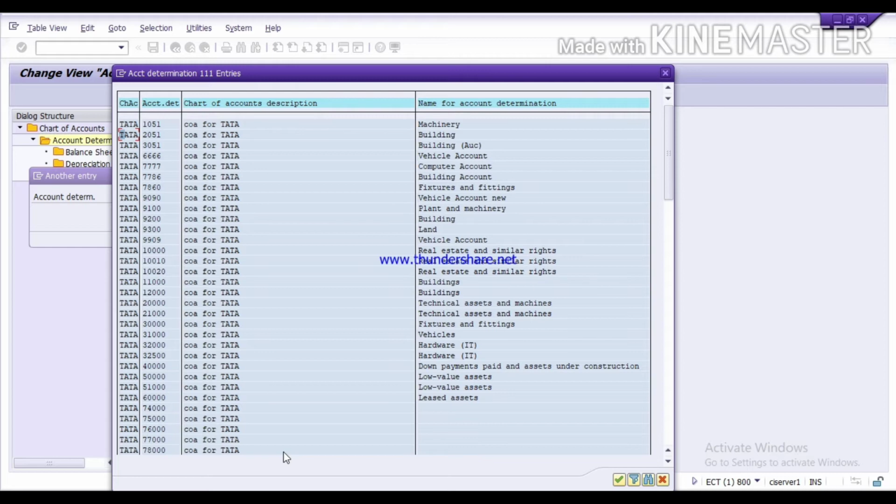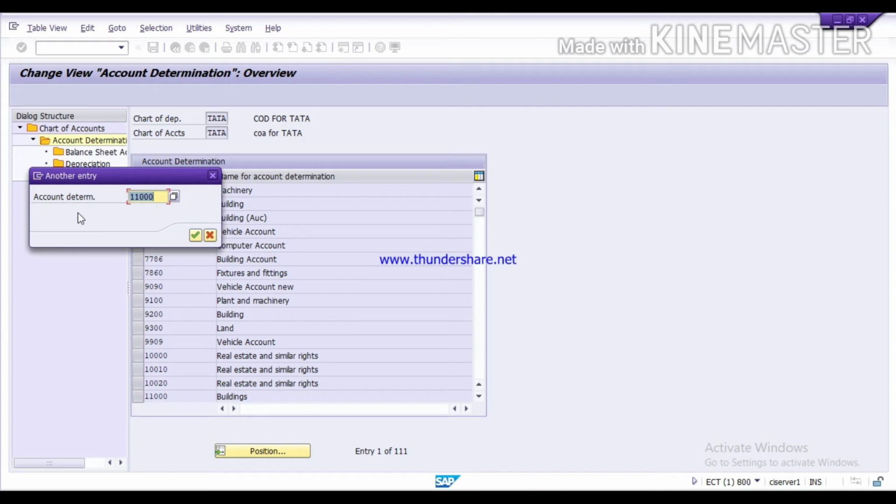Like we have created this building account determination. Here, this one we have created. Chart of account is Tata, and for the building asset class we have created this chart of depreciation. So select your account determination and continue.